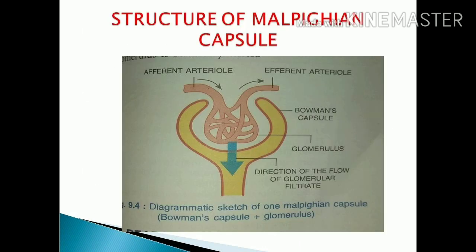You can observe in the diagram, the afferent arteriole is the wider one. The efferent arteriole is the narrower one. So, when the blood enters through the afferent arteriole, the filtration of the blood takes place in the glomerulus because of the difference in the diameter of the afferent and efferent arteriole. So whatever filtered part there is, that is the liquid part, it enters the renal tubule region, and that is called glomerular filtrate or nephric filtrate.